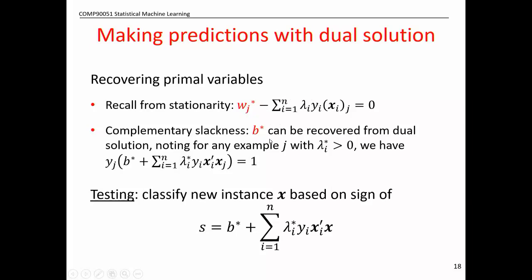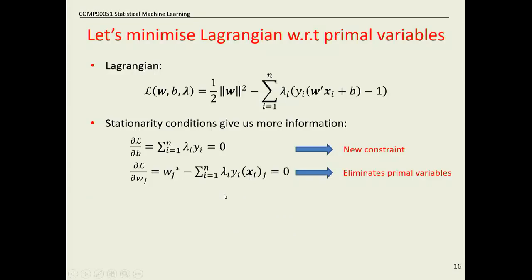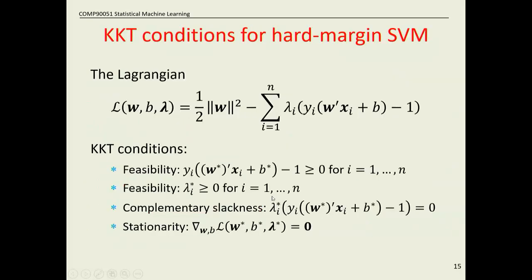And the way we can get back B is by using the complementary slackness condition, which said, it's this thing. No, not this thing. This thing here. So this was complementary slackness. This was saying pick any training example you like, and you can take its dual variable multiplied by the corresponding g, and the product of those things should be 0. So what that means is if we take any training example,